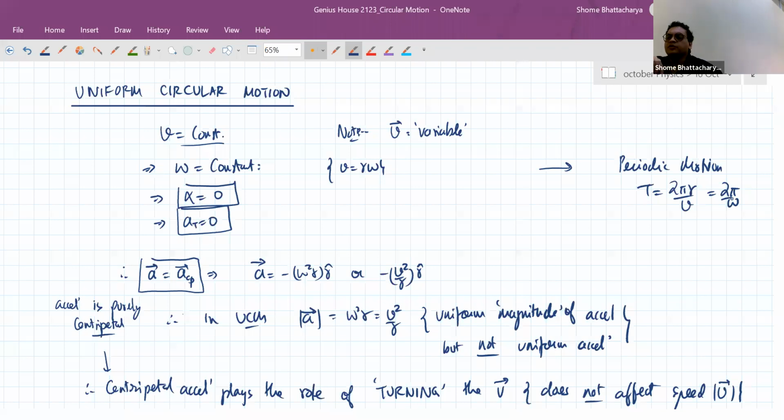So another good example of uniform circular motion is the circular orbit of artificial satellites. Heavenly bodies like natural satellites, moons, or planets in orbit around stars have more complex orbits which are actually elliptical in shape. But as it turns out, there is a certain calculation that we can do. If we follow that calculation and take a body above the Earth's atmosphere into space at a certain distance from the surface of the Earth, and then we project it tangentially at a certain speed, then automatically it achieves a uniform circular motion.